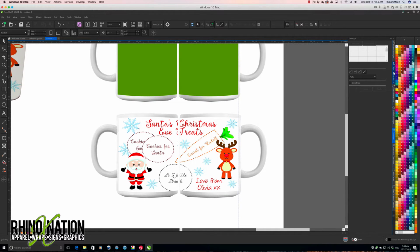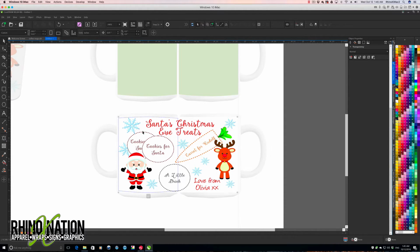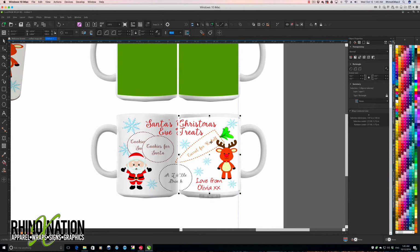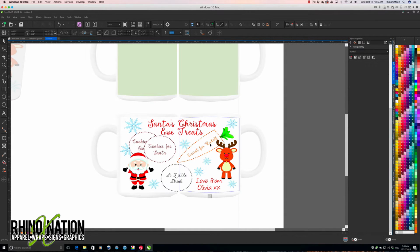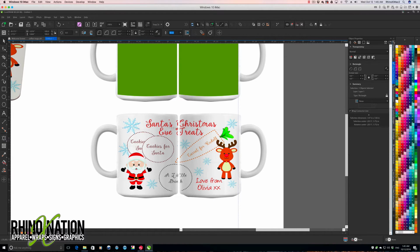We're going to go back to our object properties. I'm going to click on this graphic on the left first. Click on Edit Contents. I want to click on that image inside the box. Come over here to Transparency, change that to Multiply. Finish editing. Now I'm going to click on the right side, edit the PowerClip, click on the image, come back to Transparency, change that to Multiply, finish editing, and now the white background has gone away and it looks like the image is actually on the cup,